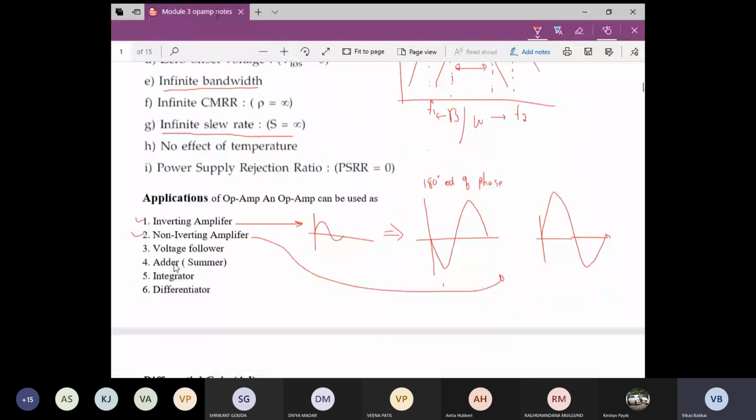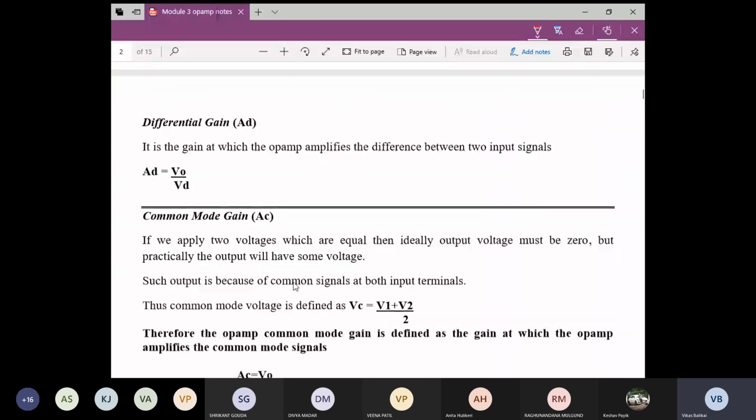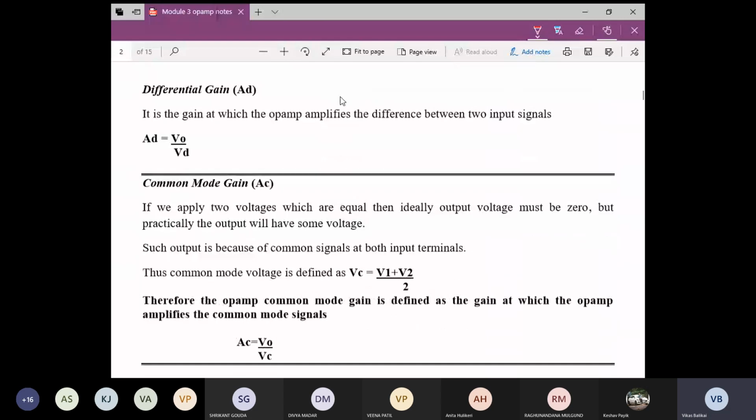Fine. Let's get into some aspects with respect to the gain. I was talking about a gain, which we usually represent by A. When I express the gain, it is output voltage by input voltage. So that's my gain. Now, there are two kinds of gains: one is the differential gain and another is the common mode gain. What does that mean? Gain means I'll be doing the division of output and input, that's what I do. But this input will change when I talk about differential gain and common mode gain.